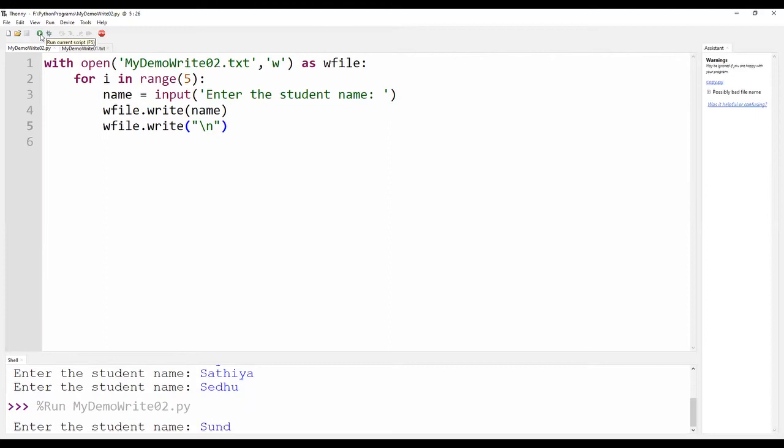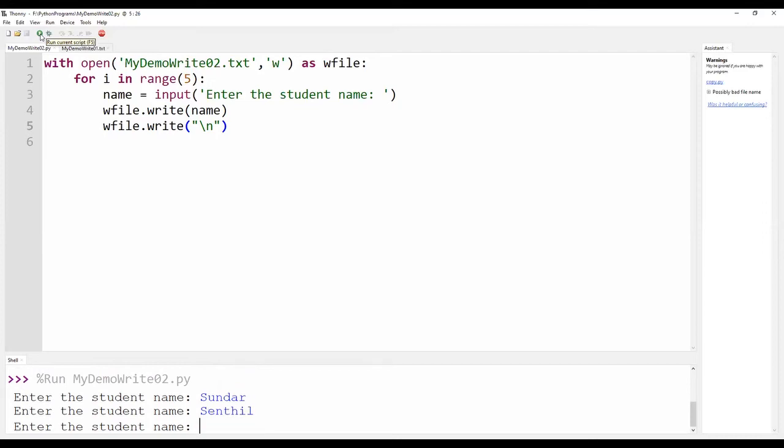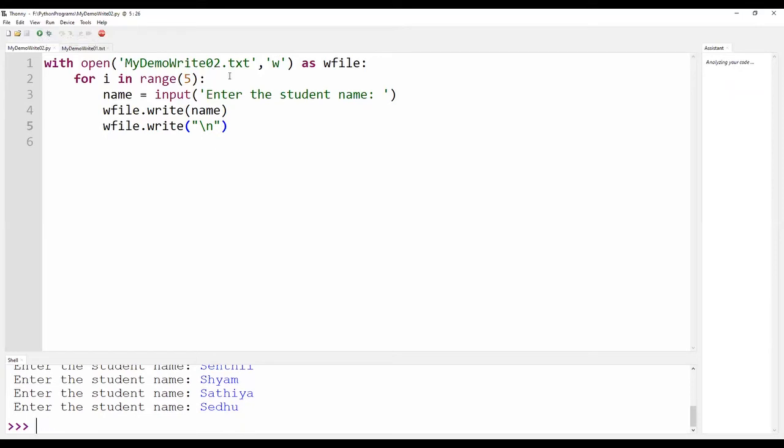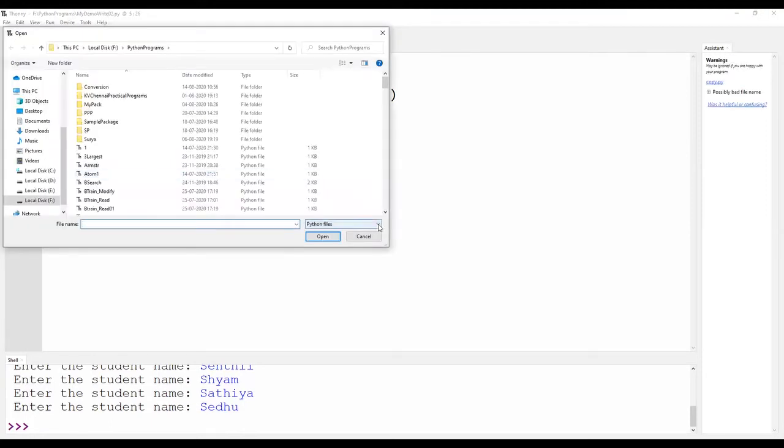Again, I am giving the same 5 names: Sundar, Sendil, Shama, Satya, then Sedu. In order to check this output, I have to open the file named my demo write 02, with the extension as text files.